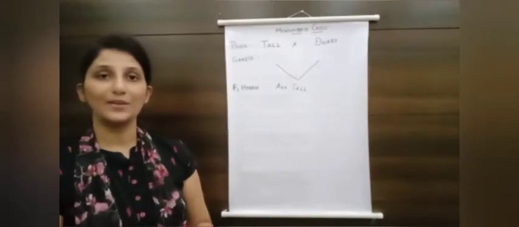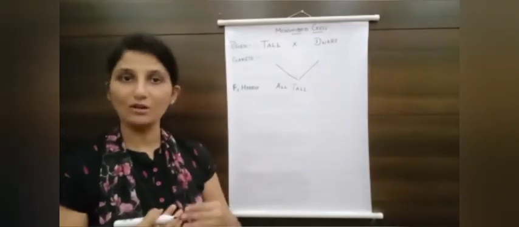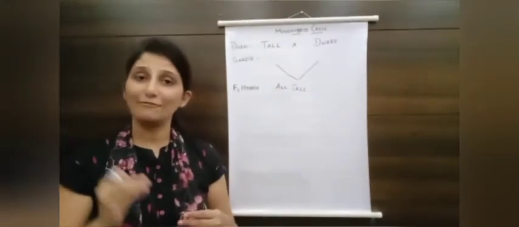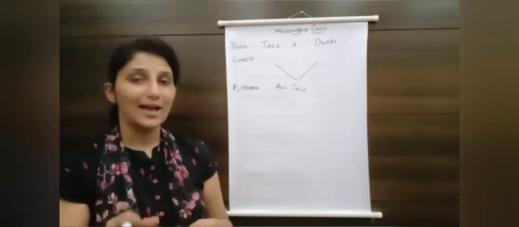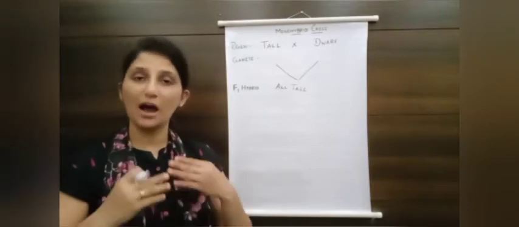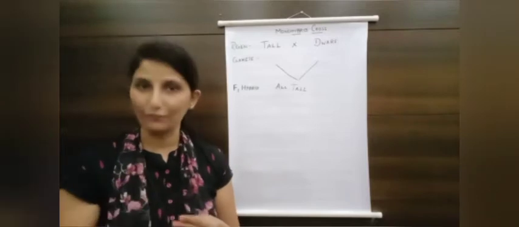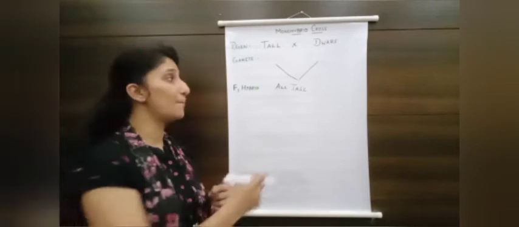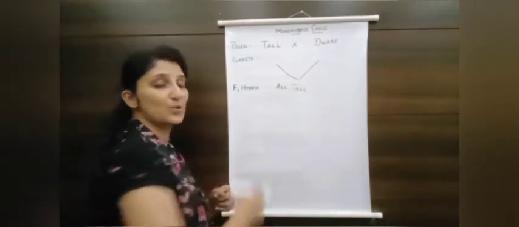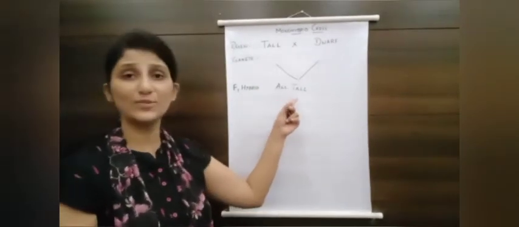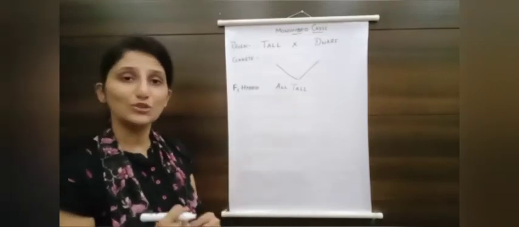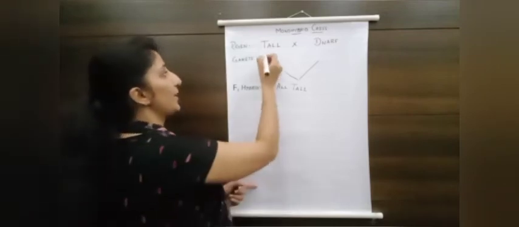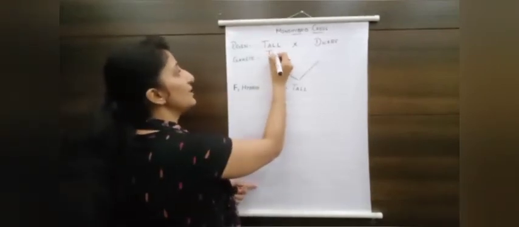So we know that something is getting passed on from the parents to the offsprings. And what is that something? It is called factors. And factors always occur in pairs. And factors or genes are represented for our convenience in the form of letters. And what letter is given depends upon the character or the trait which is expressed in the F1. Now, what is the trait which is expressed in the F1? It is tall. So we represent tall by a capital letter, capital T.